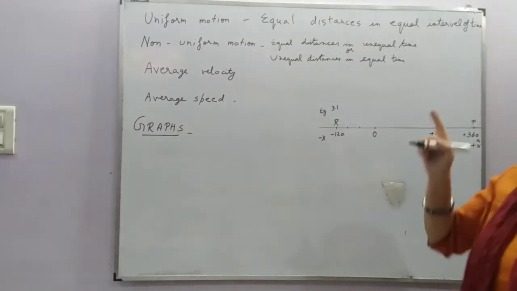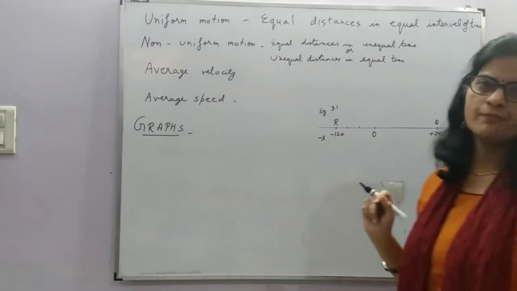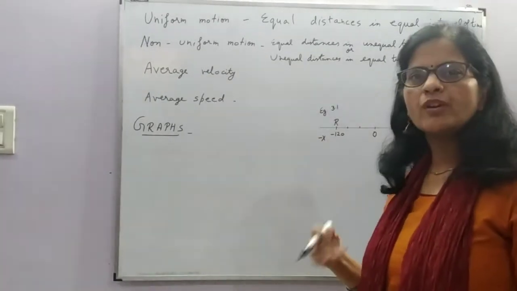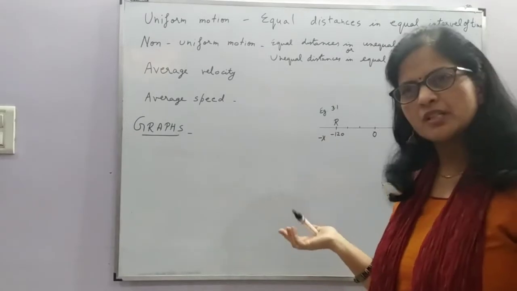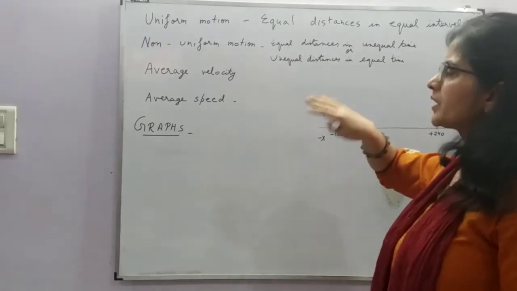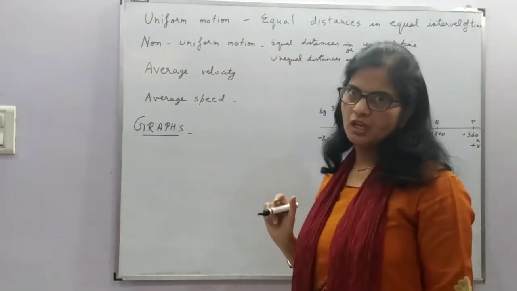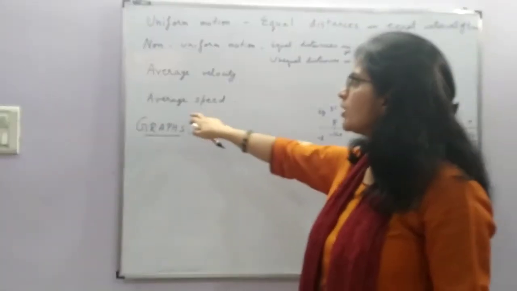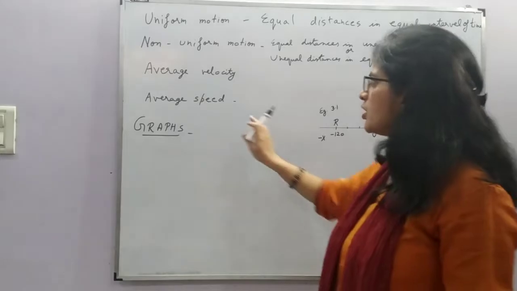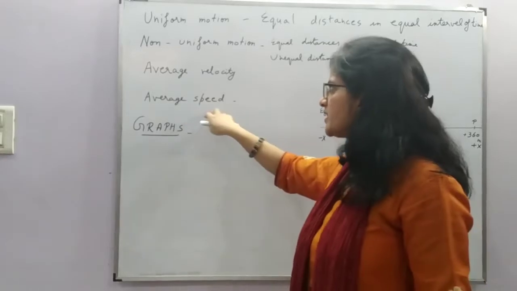But in case of non-uniform motion, it will be considered as an accelerated motion. Suppose a body is moving with velocity 2 meter per second initially, then 4 meter per second, then 10 meter per second. Then this will be a case of different velocities. In that case, we consider the concept of average velocity if it is in different directions. Now in this case, we are talking about straight line motion along the same direction. So when we take the average of the different speeds, we consider it as average speed.